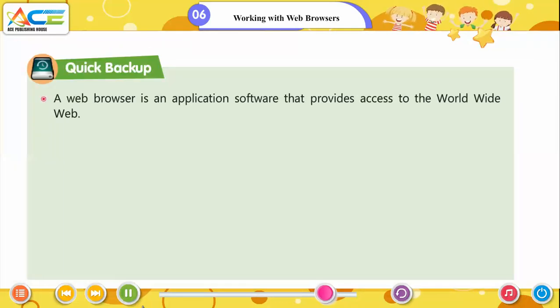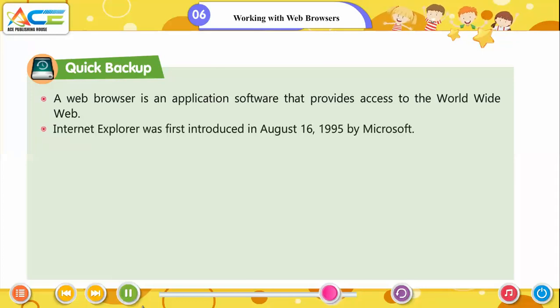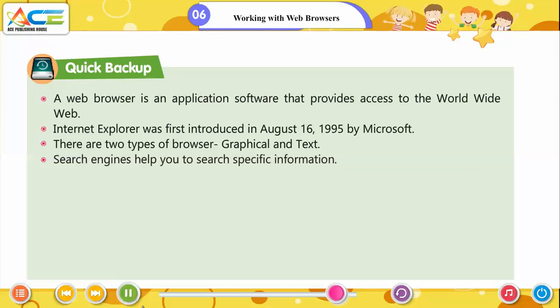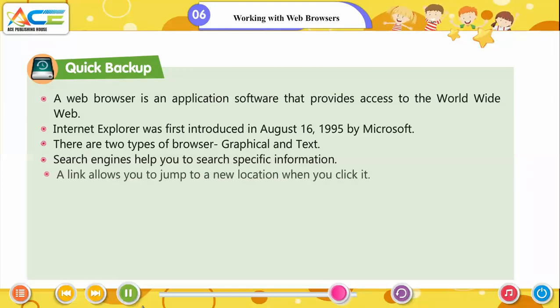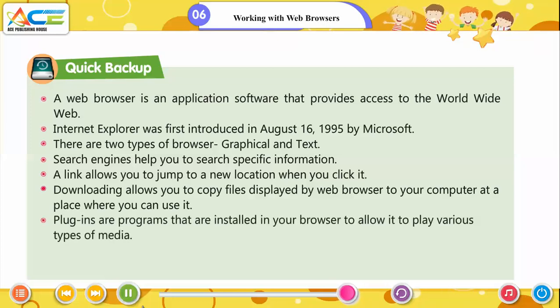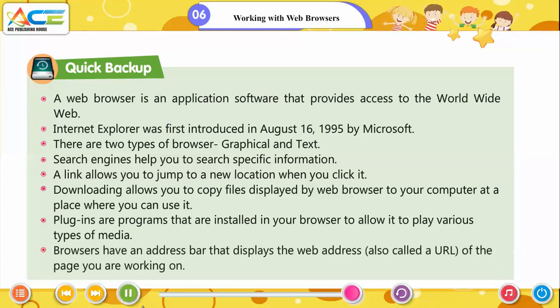Quick backup. A web browser is an application software that provides access to the World Wide Web. Internet Explorer was first introduced on August 16, 1995 by Microsoft. There are two types of browsers, graphical and text. Search engines help you to search specific information. A link allows you to jump to a new location when you click it. Downloading allows you to copy files displayed by a web browser to your computer at a place where you can use them. Plugins are programs that are installed in your browser to allow it to play various types of media. Browsers have an address bar that displays the web address of the page you are working on. Fill in